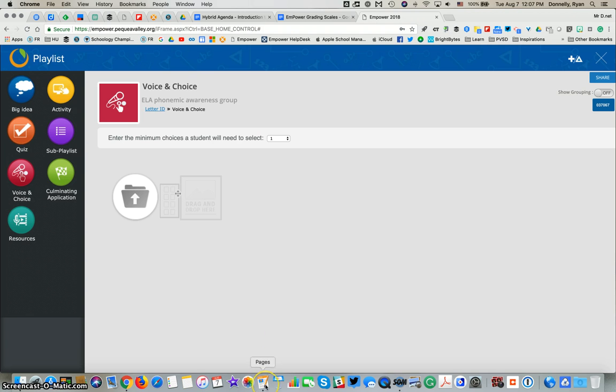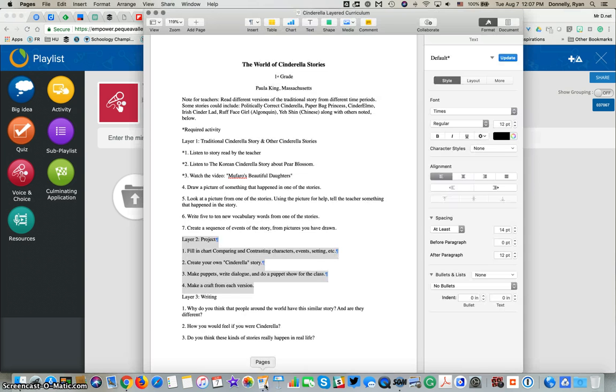For those of us that have been here at Pequea Valley for a while, you'll remember Kathleen Nunley and the layered curriculum concept, where learners are given a list of choices, or what's now more commonly termed choice boards, to show their understanding. So here in this layered curriculum about Cinderella stories from around the world, learners can fill in a chart